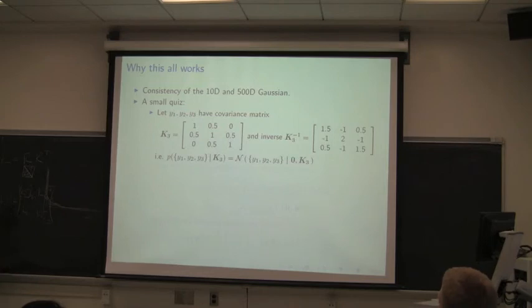Okay, we know it's by construction. We chose a function that gives us, if we evaluate it, a positive definite matrix, so we can do that. Well, why does this work? The funny thing is that basically 10D and 500D Gaussians, we can go from one to the other very easily. For example, we can get from a 500D Gaussian to a 10-dimensional Gaussian either by conditioning or by marginalization. Or we can get from a 10D to a 500D Gaussian just by adding new points to the covariance matrix and sampling, conditioned on the already observed